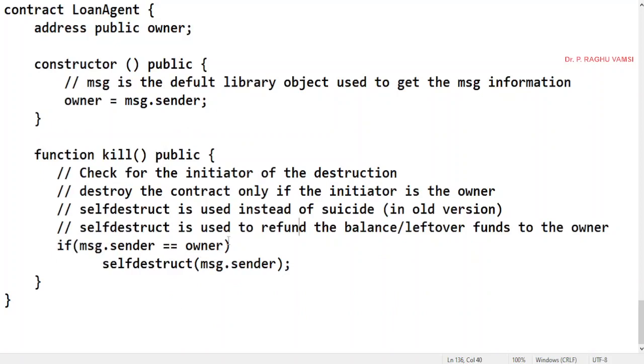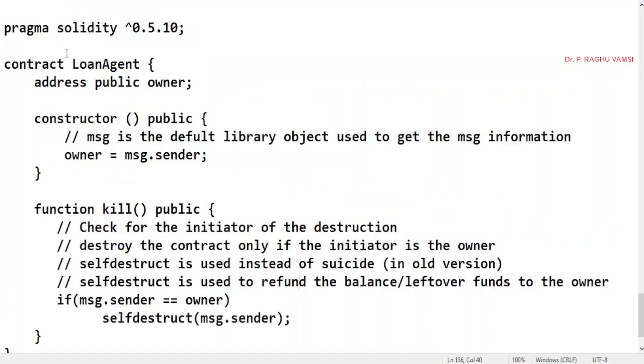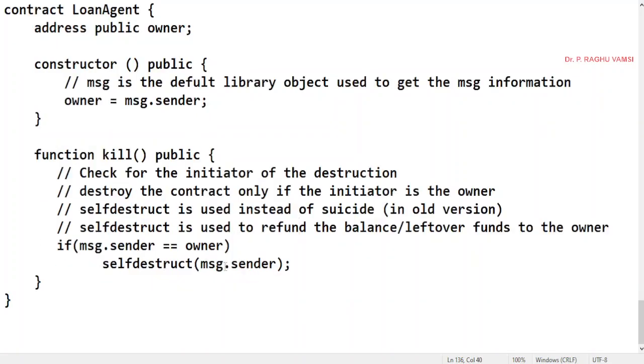If he is equal to owner, then selfdestruct(msg.sender). So whatever leftover balance is there with this particular contract will be refunded to the message sender, that is the owner, and this particular contract will be destroyed.